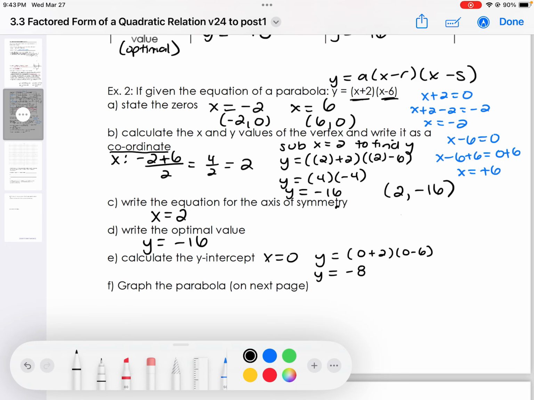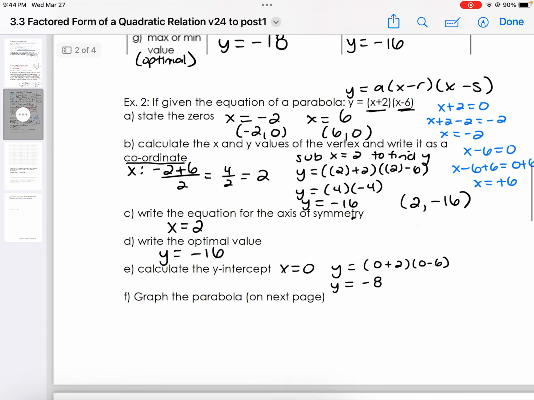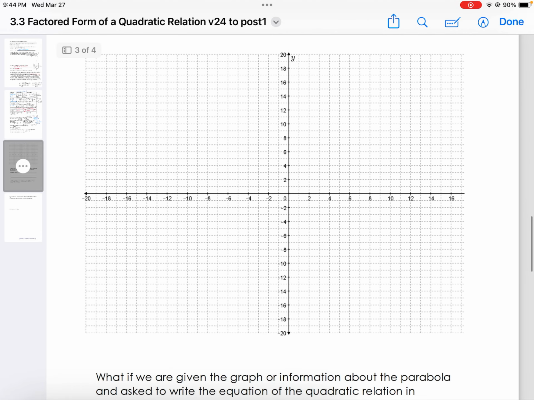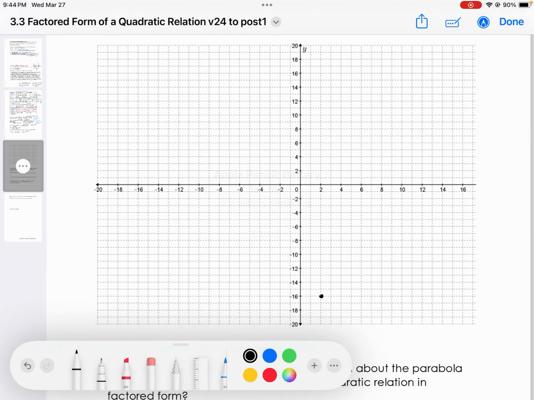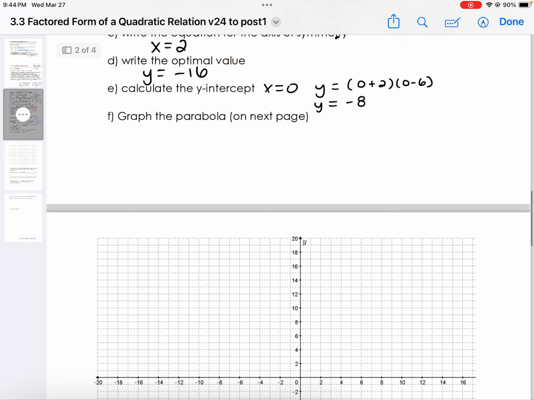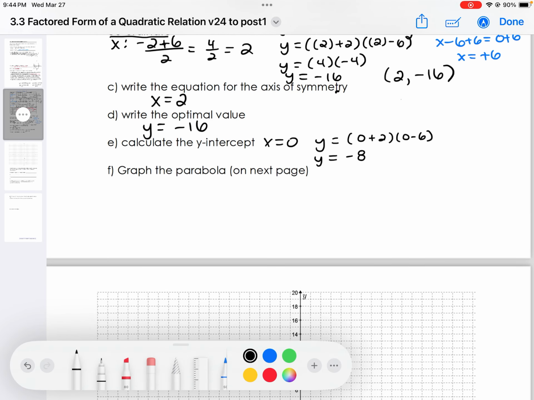Okay, so we will graph the parabola. Now, all we have is the vertex, so let's do that first. 2, negative 16. Okay, and we have the x-intercept. That's not really a lot to go on. So remember one thing that we haven't really talked a lot today about yet, which is the step pattern. And when you use the step pattern,